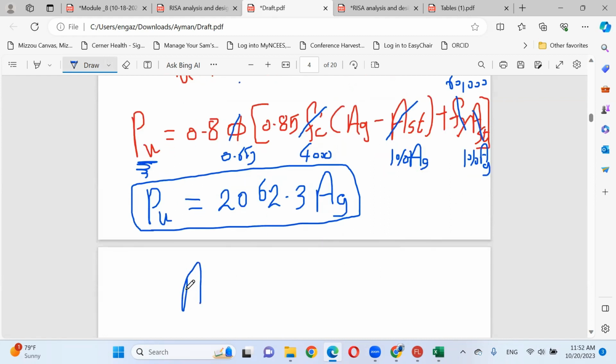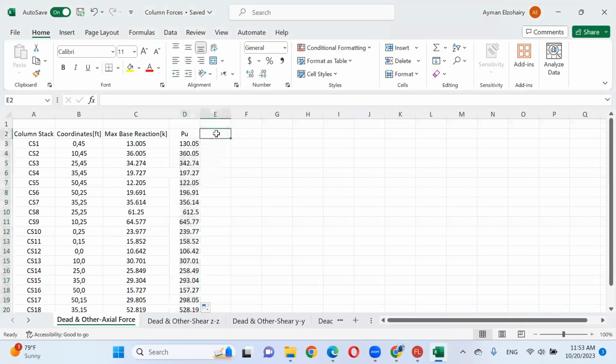If you would like to figure out the required area gross for each column, you have to divide P ultimate, after you multiply it by 1,000 to be in pounds, by 2062.3. That makes sense? This is my next step. I need to figure out the area gross for each column.